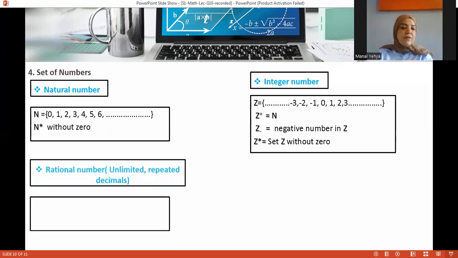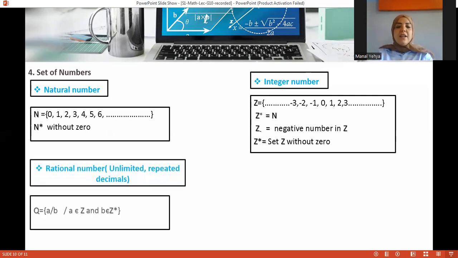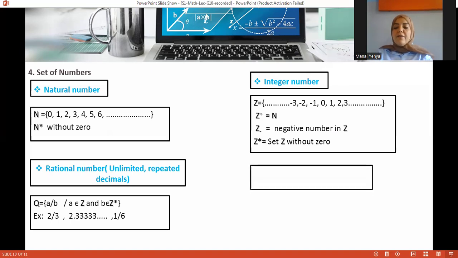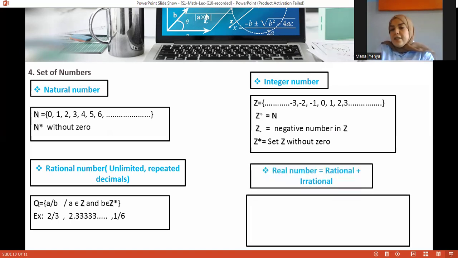We also have the rational numbers. Every number that can be written as a fraction is a rational number. It could be a repeated decimal, it could be periodic, like for example 2.3333. You know that we can write this number as a fraction, so it's called a rational number. We have now the real numbers. It's the rational